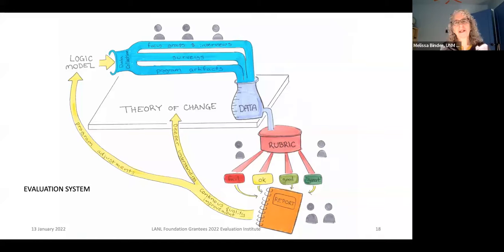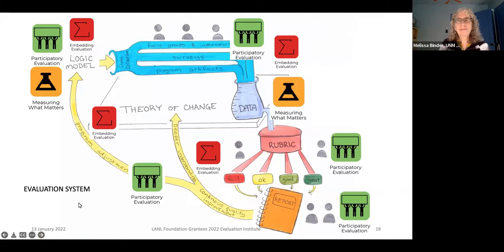the information in some sort of reporting. And then we look to continuous quality improvement. You get a deeper understanding of what it is you're doing, and then you make program adjustments. So we see it as a whole system, and the apparatus is sitting on your theory of change. And the theory of change is, what do I think I'm doing, and why do I think it's going to make a difference?